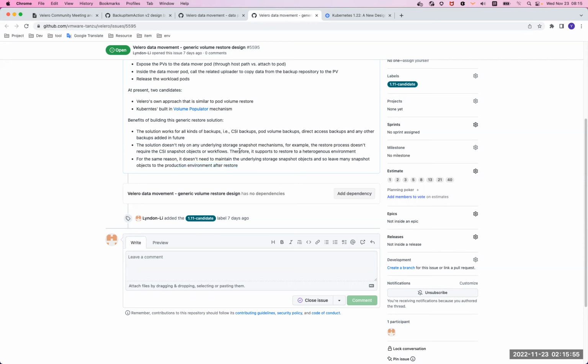And finally, for the same reason, because it doesn't rely on any underlying storage snapshot mechanism, theoretically it supports heterogeneous restore. That is, we can back up in one environment and restore it in a very different